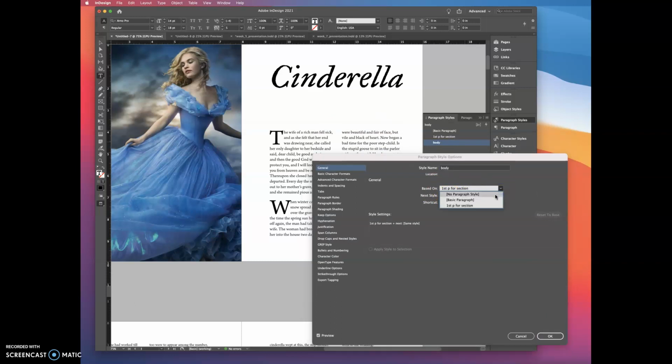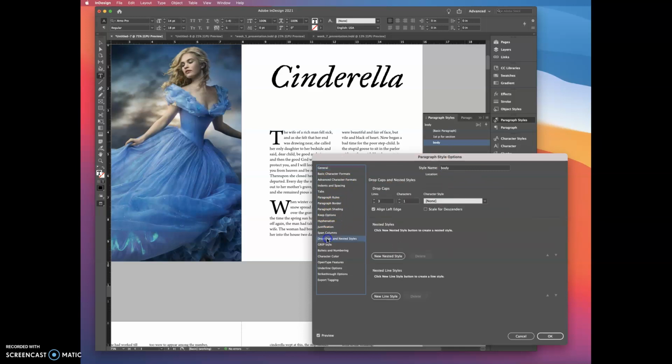It's currently based on the first paragraph for the section. You can keep that if you want to, but then if you made an adjustment to the first paragraph for section styling, it would apply that to anything that's based on it. So I'm going to say based on no paragraph style for now, and the only thing that I want to change here is that I don't want the drop cap. So I'm just going to come back here and drop it down to one line, which means no drop cap,